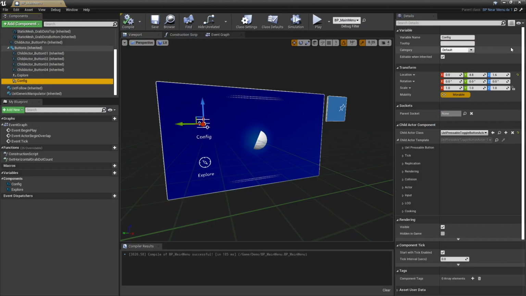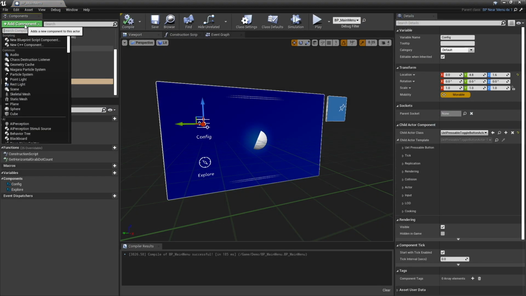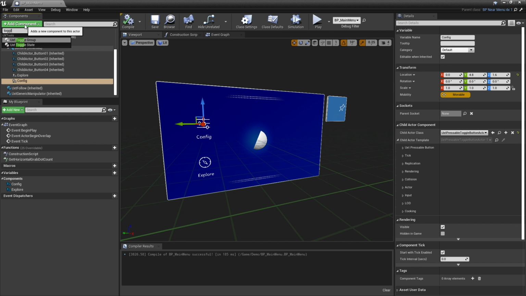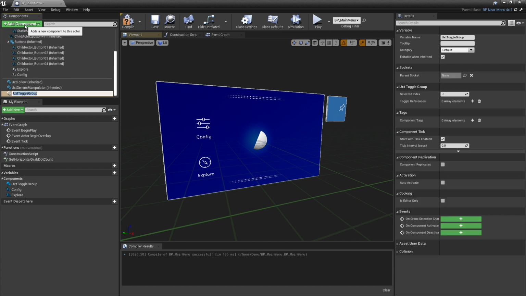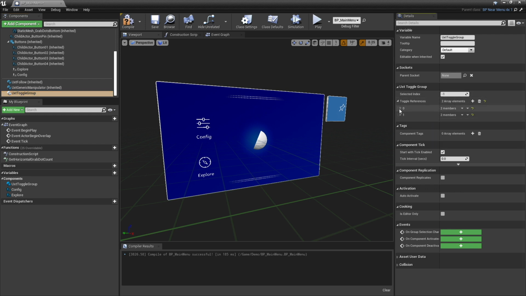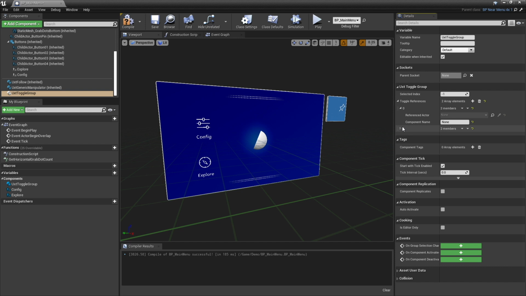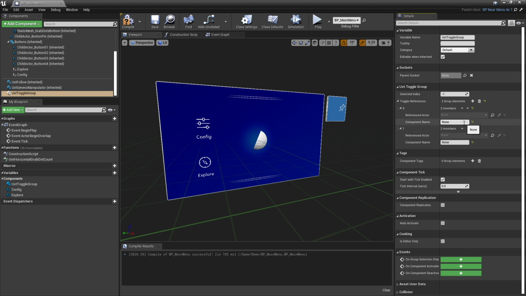To do that, we're going to add a new component called a UXT toggle group. UXT toggle groups take an array of buttons. So let's take our first button, config, and our second one called explore.